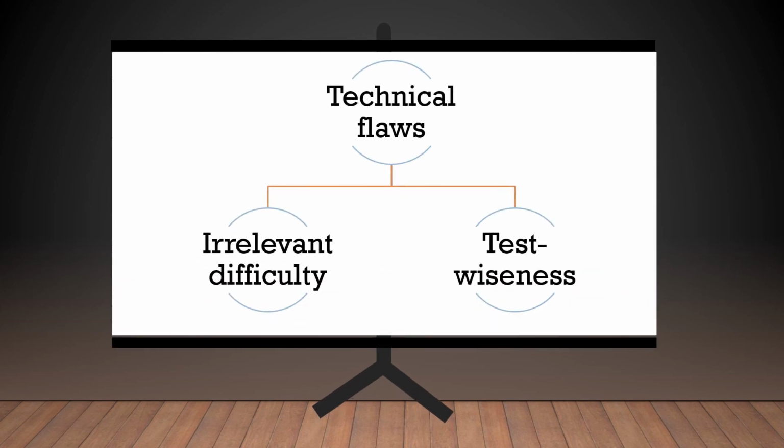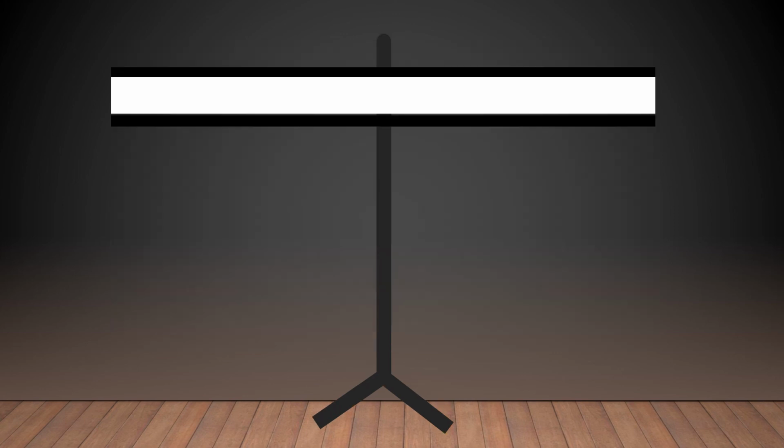To sum up, we talked about two types of technical flaws: irrelevant difficulty flaws and test-wiseness flaws. Try to avoid both types of flaws. That's all for